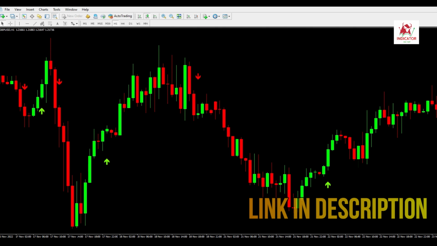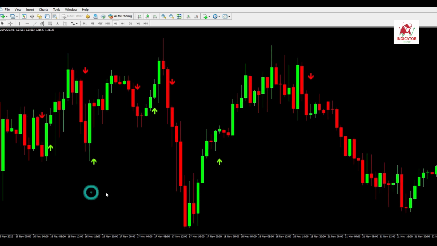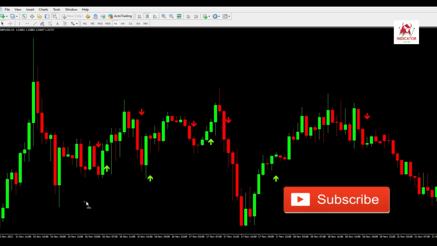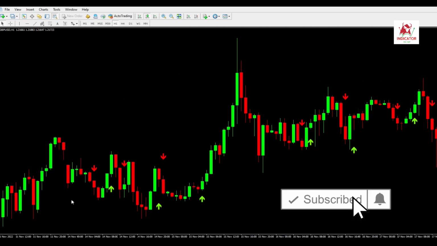Usage tips. The MA crossover indicator should be easy to use if you are trading with the MA crossover system. You can simply place a buy order when the blue arrow appears, and vice versa, place a sell order when the red arrow appears. It also means that when the blue arrow appears, it suggests a trend shift in the quote. This is useful in situations when you need to take profits or exit a position. For example, if you had an open sell trade and the blue arrow appears,